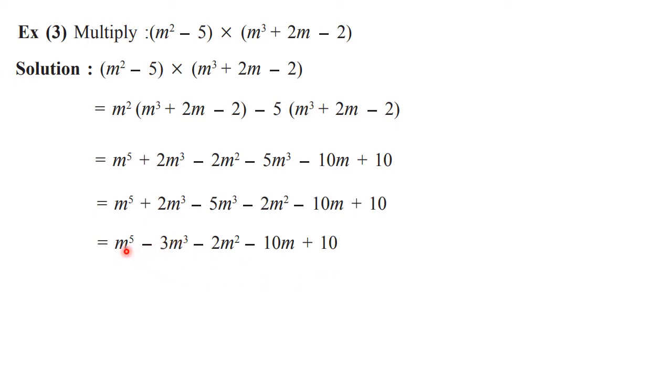See, every term has a different power. So it is not possible for us to add or subtract further. Don't try to add or subtract. Please take a note that every term is different because the power of the variable in every term is different here. Only if like terms are there, then only we can add or subtract. Now let's go ahead.